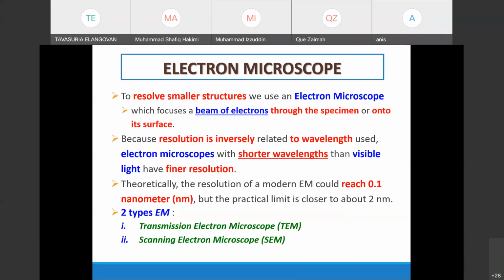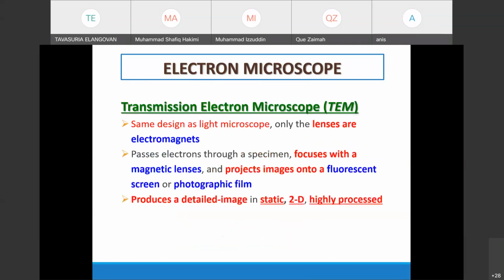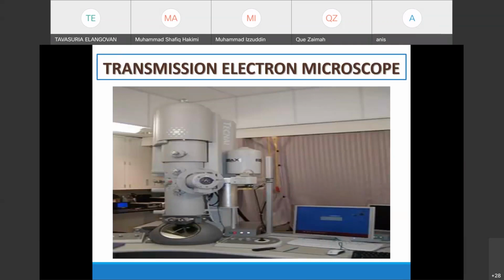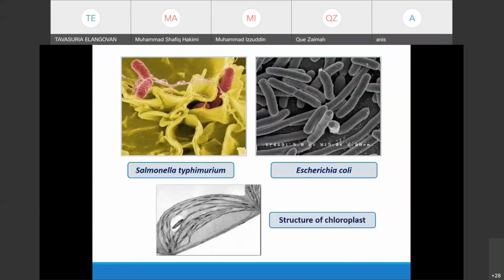There are two types of electron microscopes, right? The transmission and scanning electron microscope. Okay, so both, you remember, use a beam of electrons. Light microscopes, either compound or stereo microscope, use light rays. Okay, so this is the transmission electron microscope. Generally, the transmission electron microscope produces a two-dimensional image. So this is the image that you can get through the transmission electron microscope. Okay, generally, the transmission electron microscope is used to observe a tiny sample of the specimen.